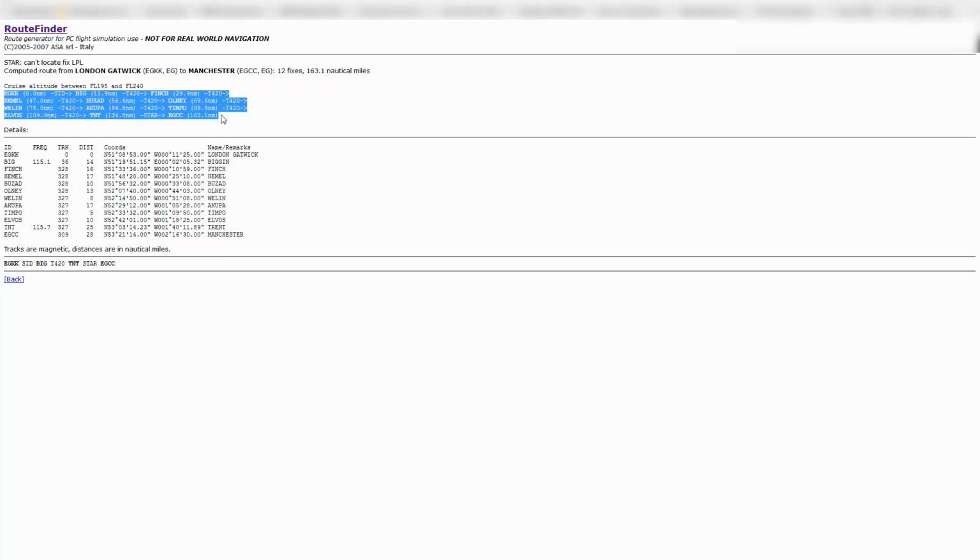Ignore the departure and destination airports and the SID and the STAR. So now our route is going from BIG to TNT. And if we look at that, we'll find that we're using exactly the same airway from BIG all the way to TNT. And that's the airway